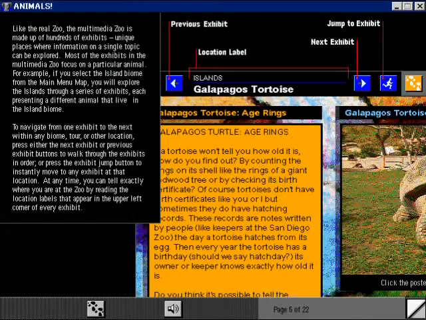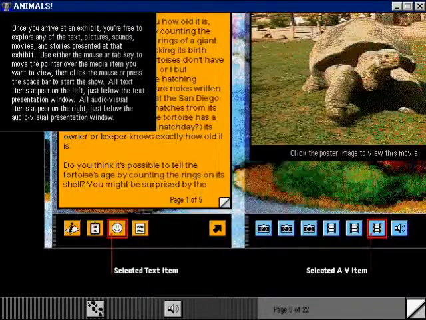Like the real zoo, the Multimedia Zoo is made up of hundreds of exhibits, unique places where information on a single topic can be explored. Most of the exhibits in the Multimedia Zoo focus on a particular animal. For example, if you select the tropical rainforest biome from the main menu map, you will explore the rainforest through a series of exhibits, each presenting